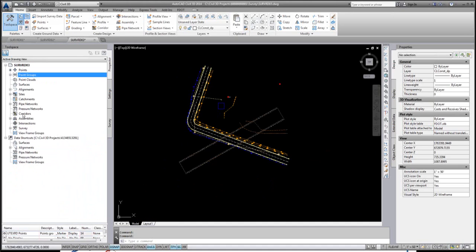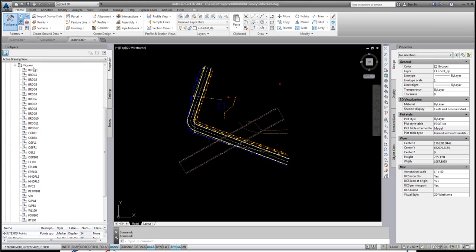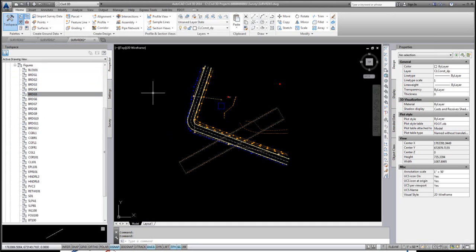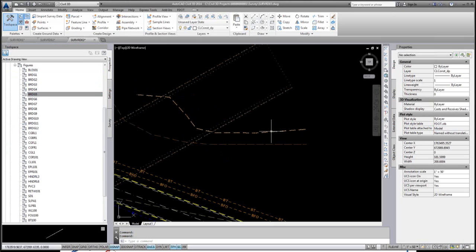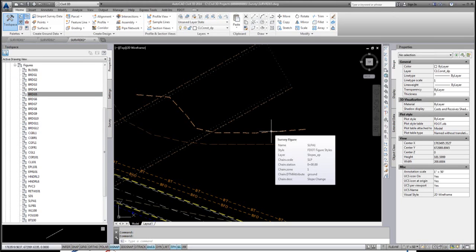And go up to the Prospector. We do have, under survey, we have figures. However, it's the individual chains that are shown. These chains can be edited. They can be chosen on the screen. For instance, I can choose